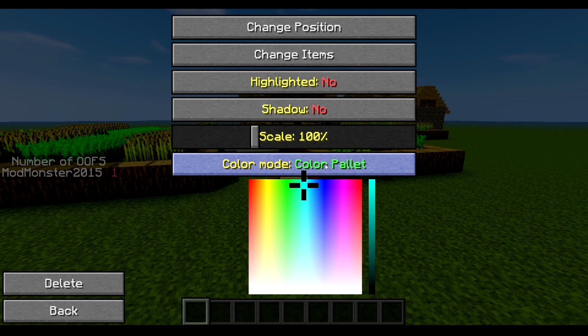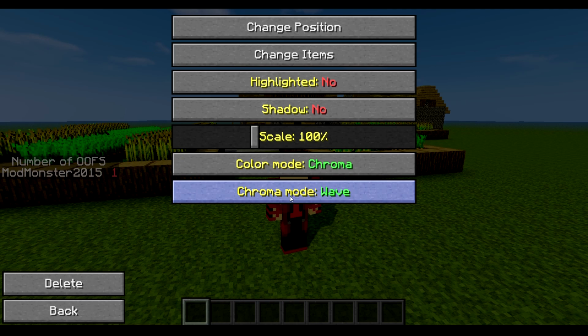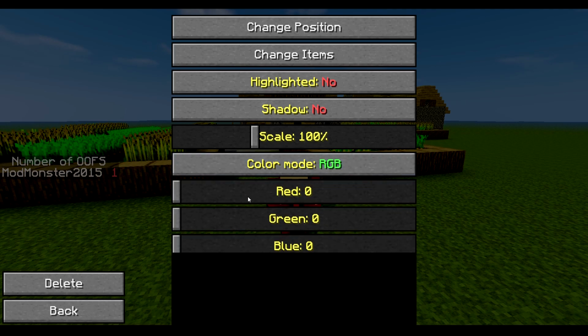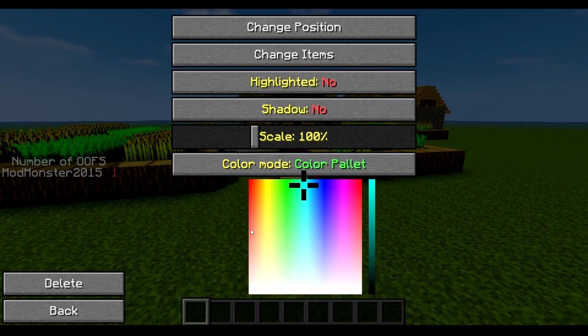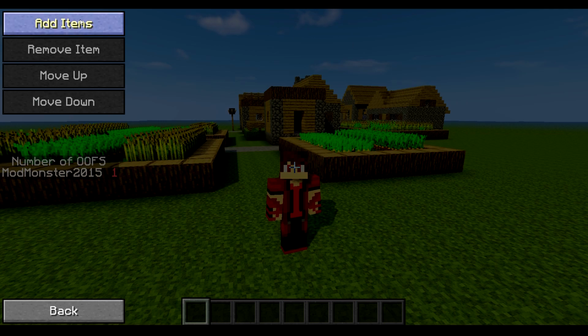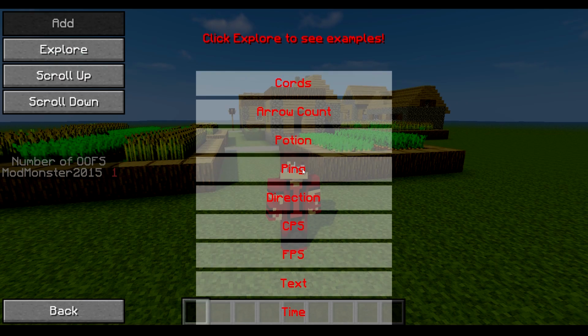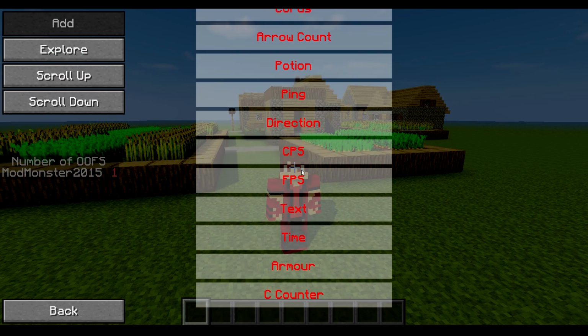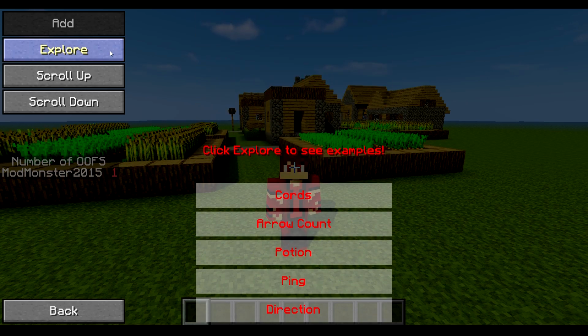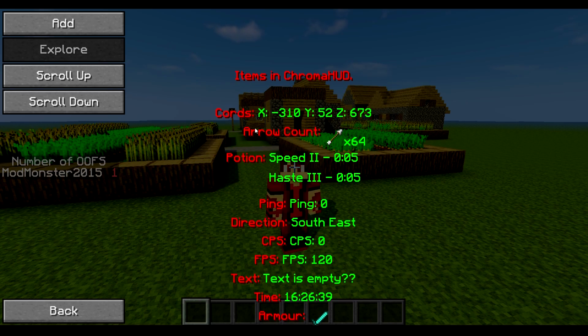We can set the color mode so we can have chroma, wave, or static, and we can use RGB sliders. Now you'll see better when there's a preview up in the top right after we hit change items and add a new item. Now these items all will work perfectly, and if we hit explore, we can see some examples.